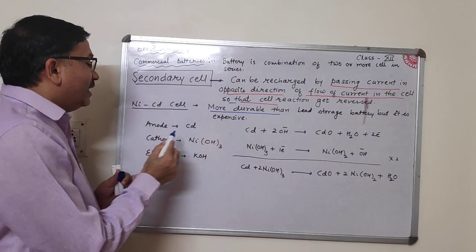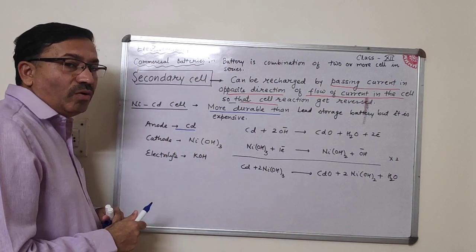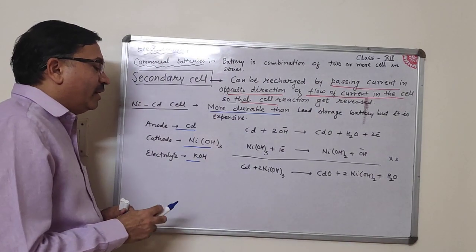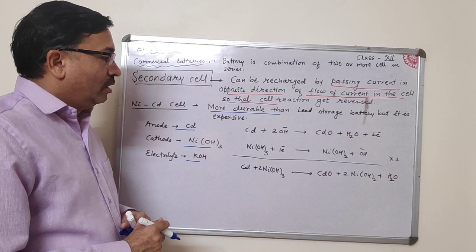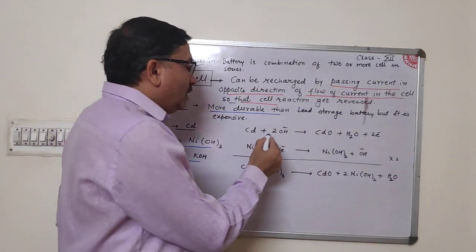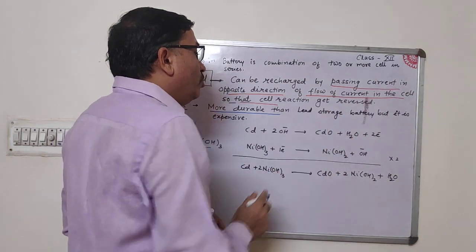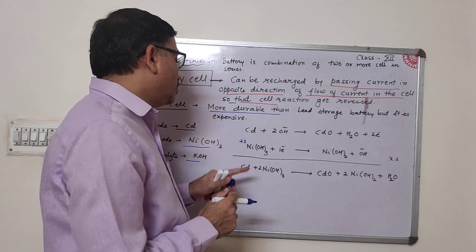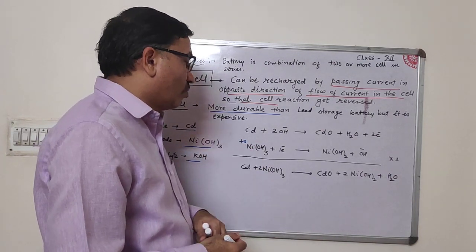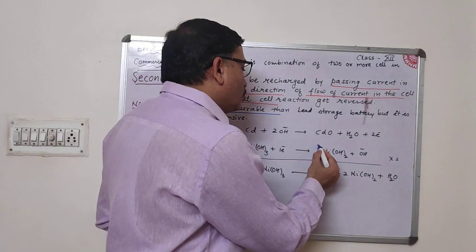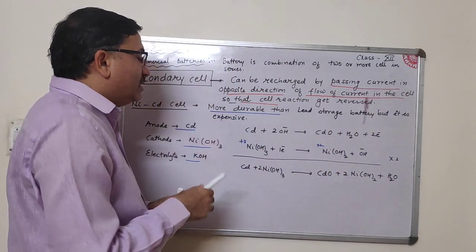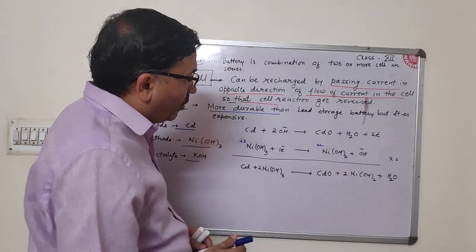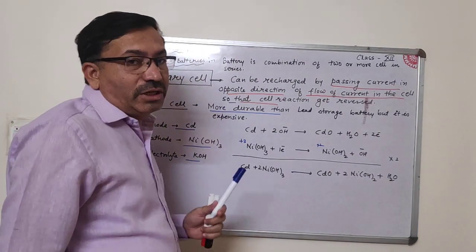Now in the NiCad cell, nickel cadmium cell, we are using an anode of cadmium, a cathode of NiOH whole thrice, and as electrolyte we are using KOH. What reaction is taking place at the anode? Cd plus 2OH minus converts into CdO plus H2O plus 2 electrons. And here nickel is in plus 3 oxidation state. NiOH whole thrice plus 1 electron converts into NiOH whole twice plus OH minus. Means, see, at the cathode the oxidation number of nickel is converting from plus 3 to plus 2. Right? And again, plus 3 oxidation state of nickel is very rare.